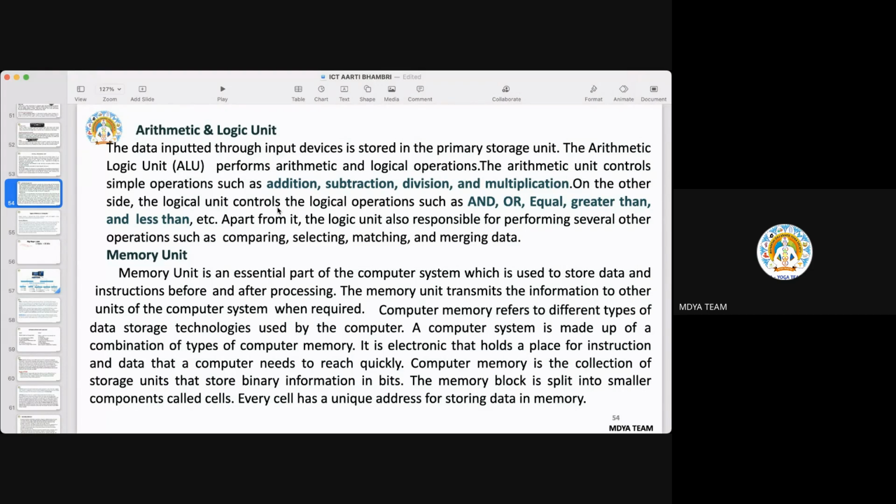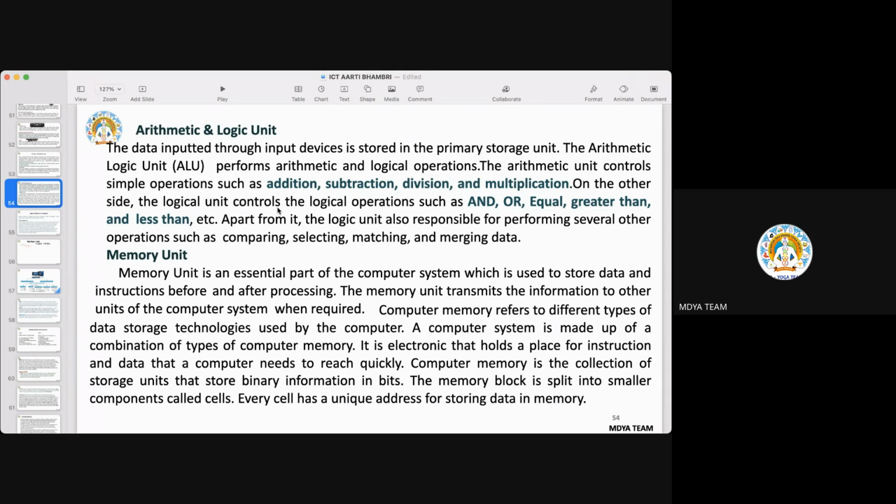It goes much deeper, and engineers or people in the field of computers can understand how addition is done, how subtraction is done. So it's not part of our subject here in UGC NET. Just remember, the arithmetic unit controls the mathematical operations, and the logical unit controls the logical